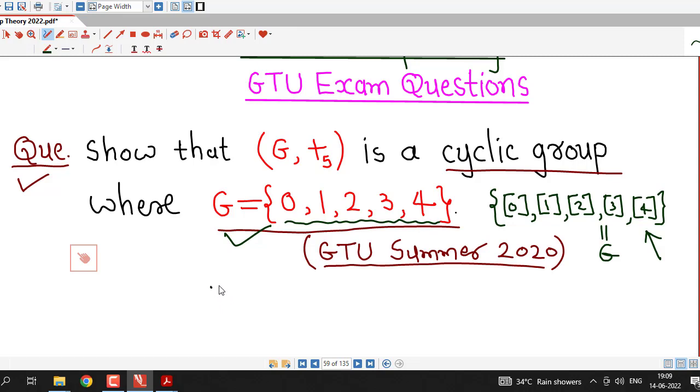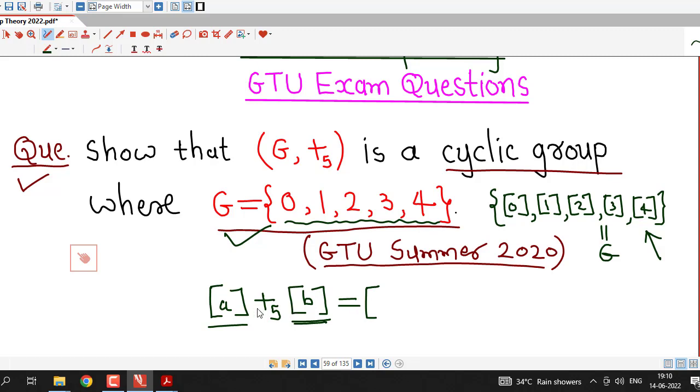And we have discussed all this addition modulo and modulo group in lecture number 7. If you have not seen that lecture number 7, I suggest you watch that lecture first before going for this lecture. And we recall that this operation addition modulo 5 is the operation between two equivalence classes